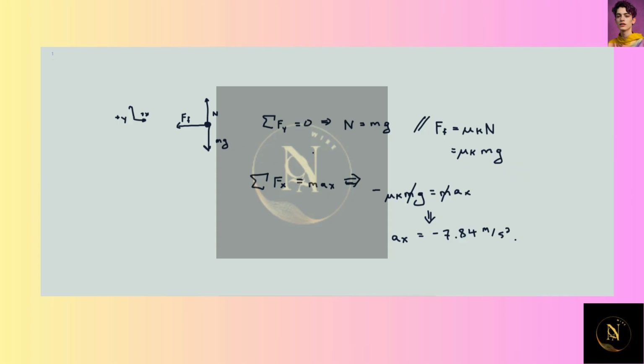The mass cancels out, and after plugging in, we get that the acceleration in the x direction is negative 7.84. And it should be negative because since the force of friction is in the negative direction, we're going to be accelerating in the negative. Now that we have the acceleration, we can use a kinematic equation in order to solve for